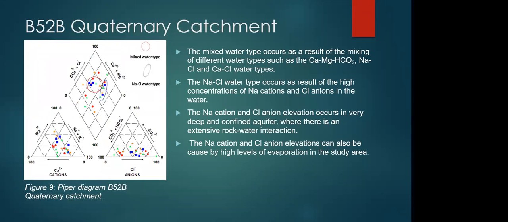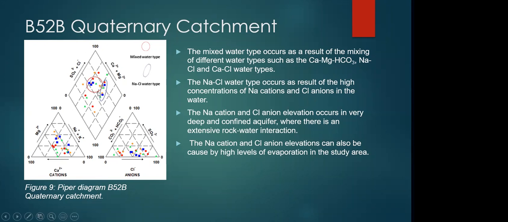I'll start off with the B52B quaternary catchment, which has the mixed water type, as well as the sodium chloride water type. So the mixed water type forms due to the mixing of different water types: calcium magnesium bicarbonate, the sodium chloride, and the calcium chloride water type. So when they mix together, they form the mixed water type,